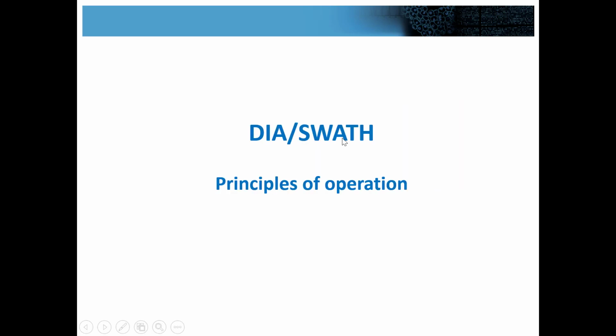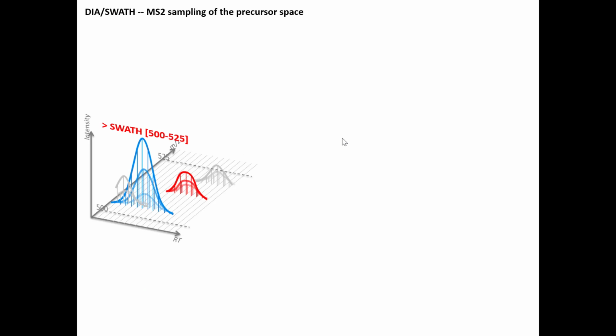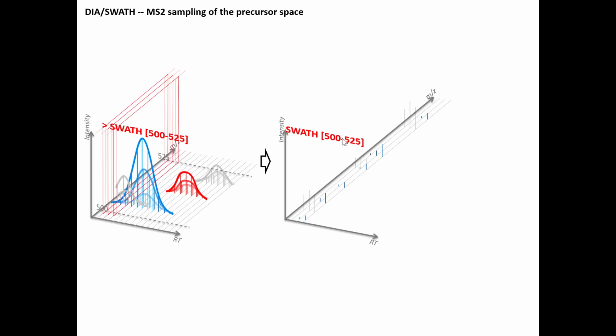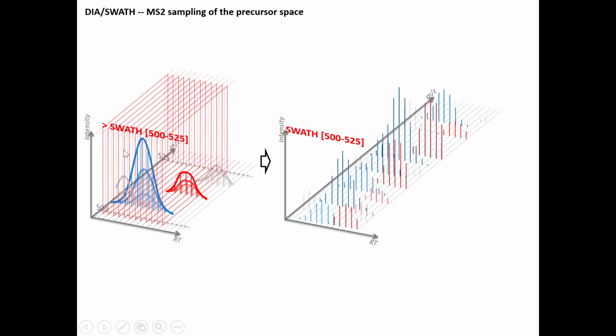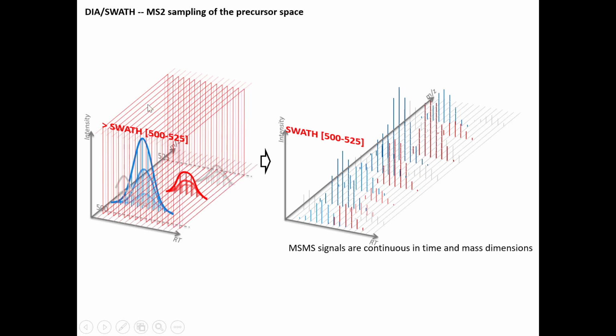Okay, so let me get back to these three-dimensional projections. So now we talked about how SRM and DDA are working, and we sort of roughly sketched out what are the features of DIA. So how does it work in this same projection? So essentially what we're talking about is now we are increasing the size of this precursor isolation window. So this red box again is indicating the precursor isolation window. And what that allows us to do is capture all of these peptides and collect MS2 fragmentation spectra for all of them